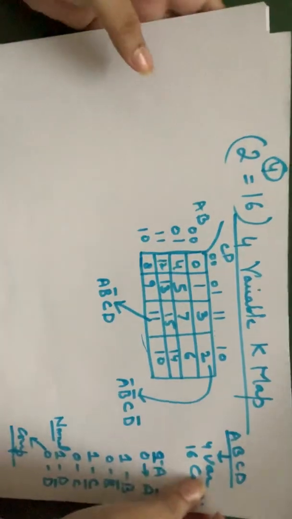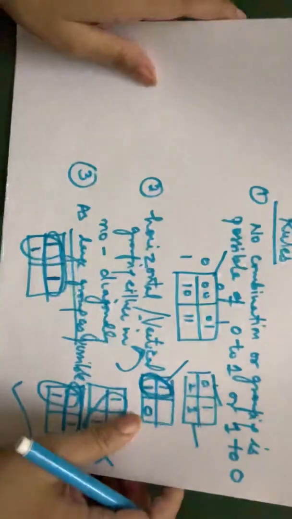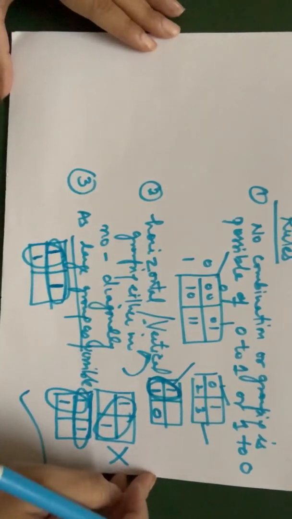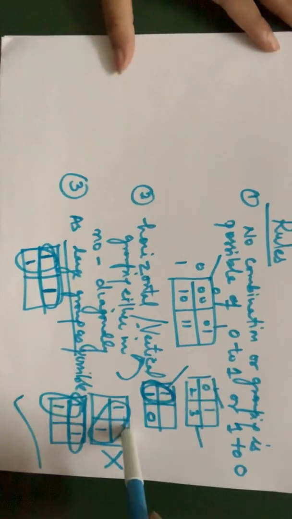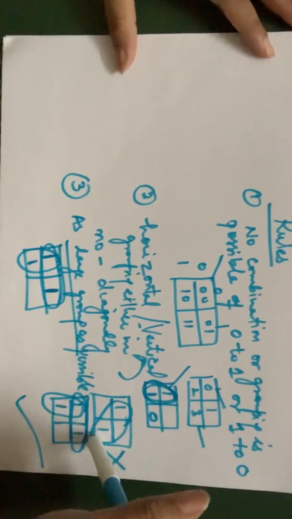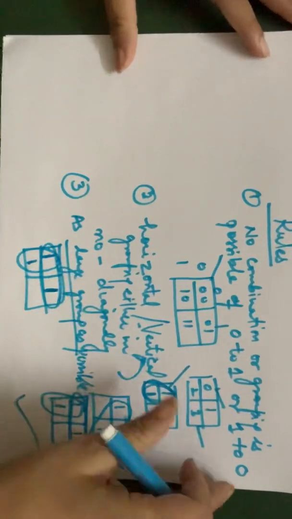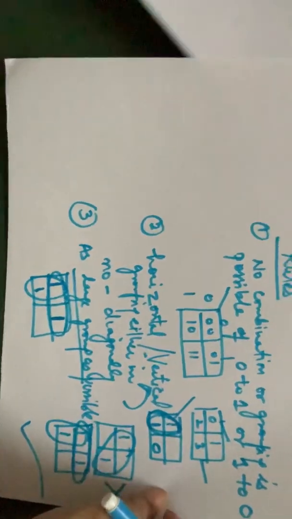Then we have also discussed the rules for K-map, and how we identify them. The rule says we have to make the maximum pairs and as large a group as possible. This was one of the rules. For all these details you can check my previous videos, wherein I have described the K-map, the properties of K-map, 4 variable and 3 variable K-map, and the rules of K-map.